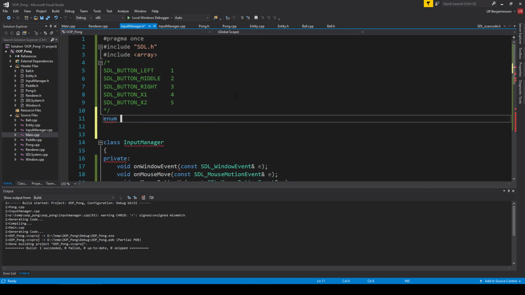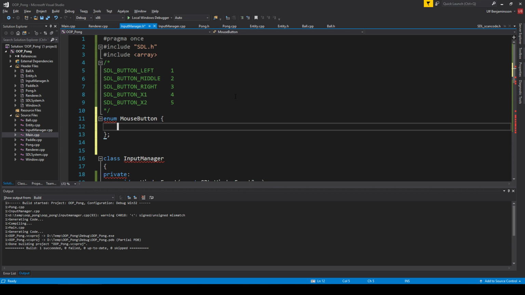If we do an enum and call it MouseButton, because we want it to have a clever name. Notice I'm just putting it outside of the input manager class. So this is the input manager class. I'm just putting it above it. You can put it below it, but it's in the same file. And I do that just because whoever is using the input manager,